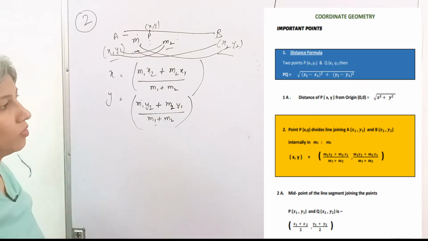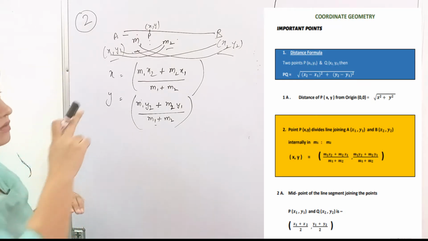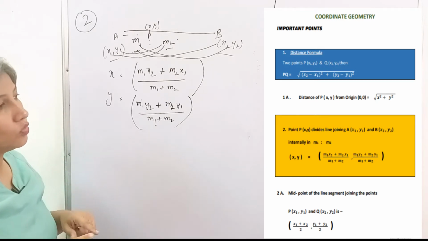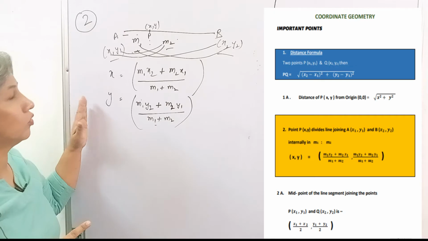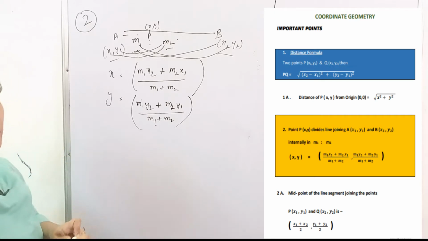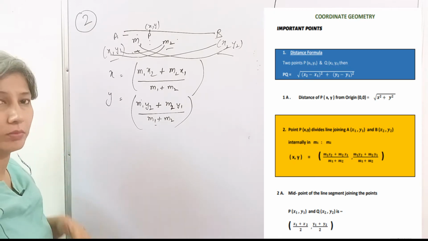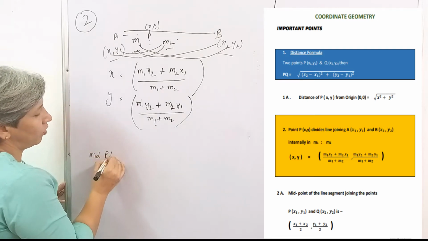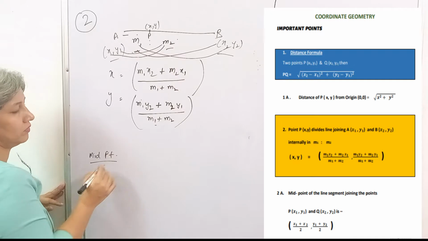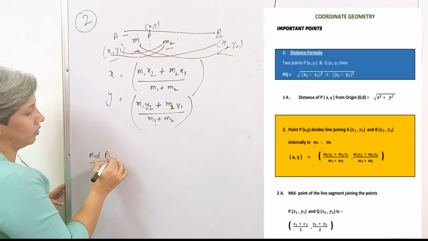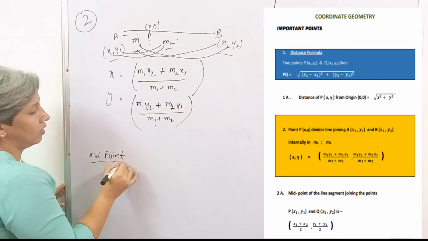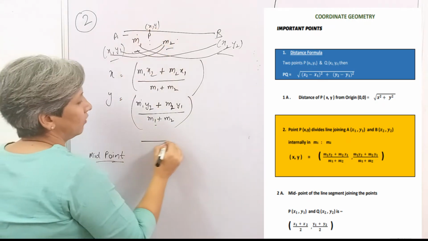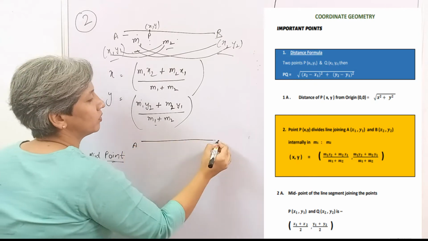This was section formula. And now as 1a was there which we derived out of 1, same way 2a is there which we can always derive from 2, right? आप उसको डायरेक्ट याद कर लेंगे तो अच्छी बात है, नहीं याद करेंगे तो उस समय निकल जाएगा. Basically it is telling me midpoint formula, right? मिड पॉइंट पूरा लिख लेते हैं, कंफ्यूज नहीं होंगे. मिड पॉइंट फार्मूला बेसिकली वो कह रहे हैं कि अब की बार जो P है वो A B को एग्जैक्टली बीच में इंटरसेक्ट कर रहा है,